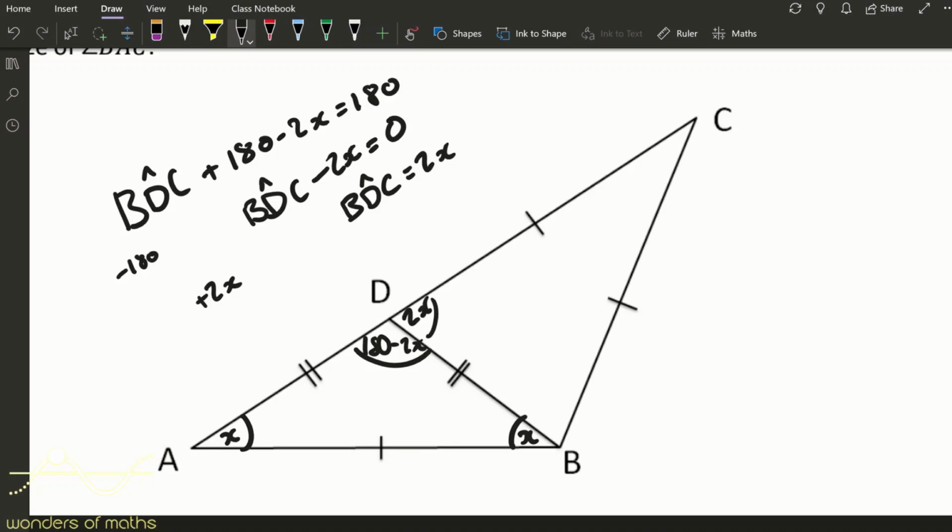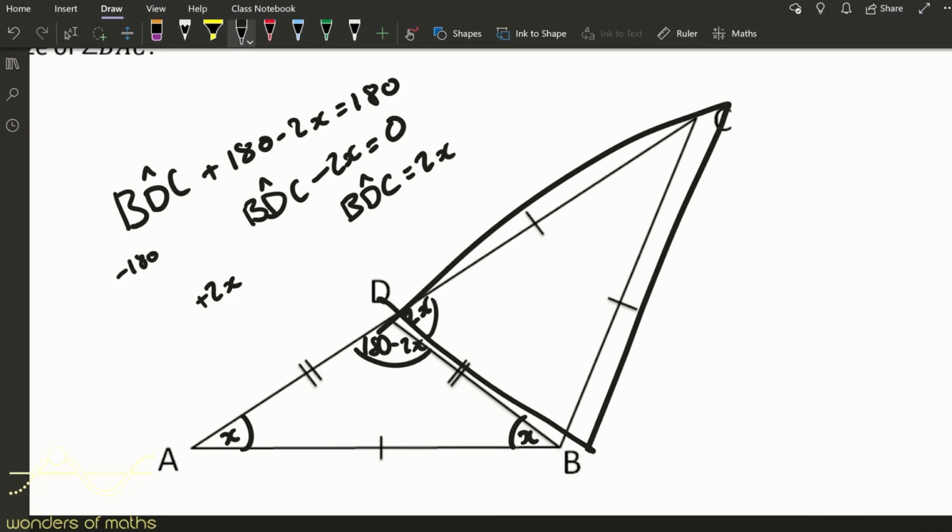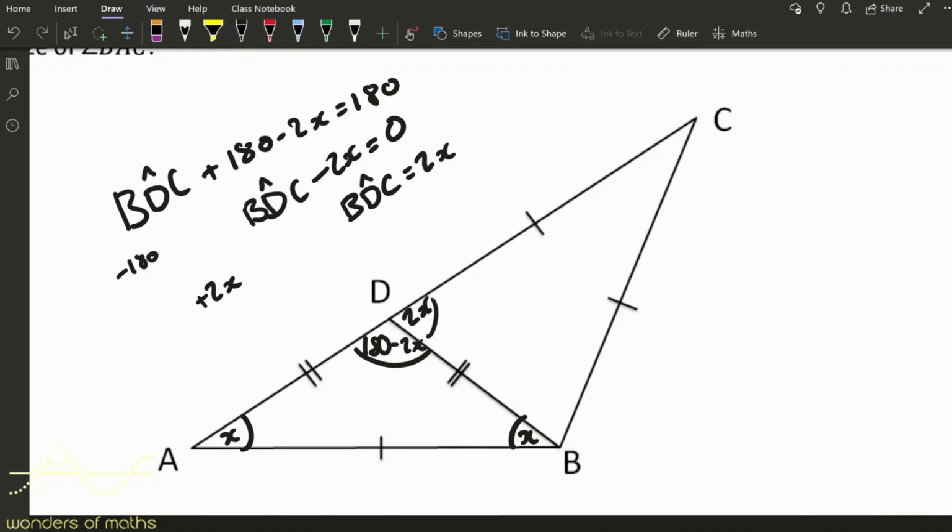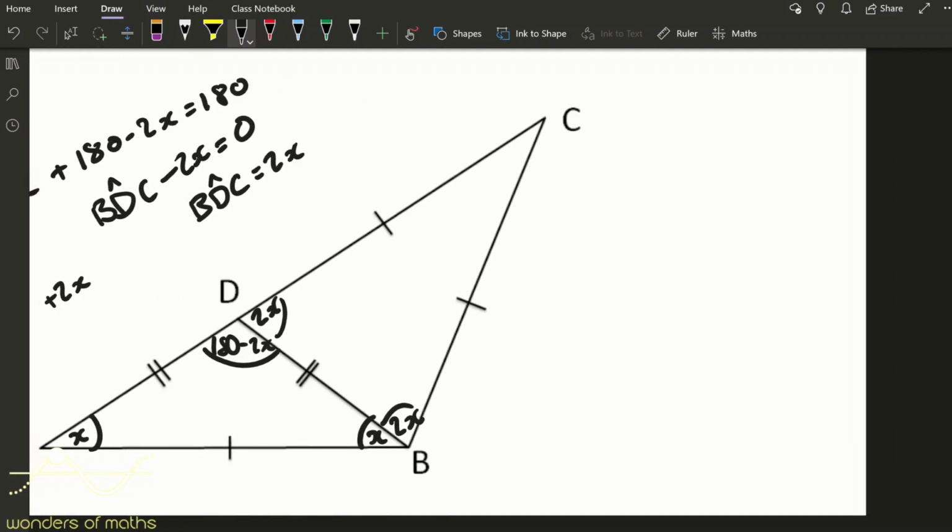We are told that the lengths DC and BC are equal, which means that the triangle DBC is isosceles. As a result, we can say that angle DBC is also equal to 2x, which means that since we know that the angles in a triangle add up to 180, we can calculate angle DCB. So we know that 2x plus 2x